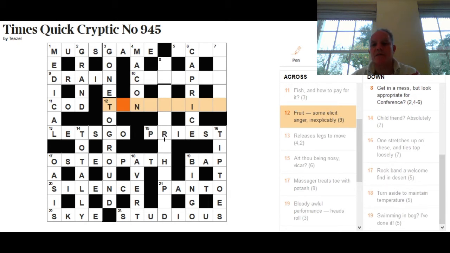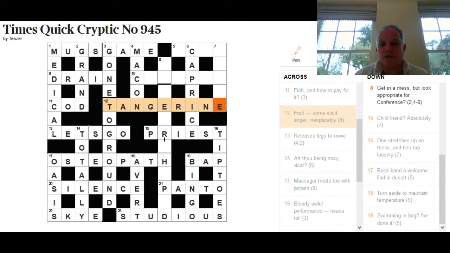So what it says is "some illicit anger inexplicably." And the word some is often a very useful cue to find the answer hidden in this string of letters following. And that's how it works here. So we're looking for a fruit that's hidden in illicit anger inexplicably. And what I mean by hidden in is all the letters in the right order all together. And if you look carefully, starting with the T of illicit, you can see that the next 8 letters after that with it spell out tangerine, and that's the fruit we were looking for there.